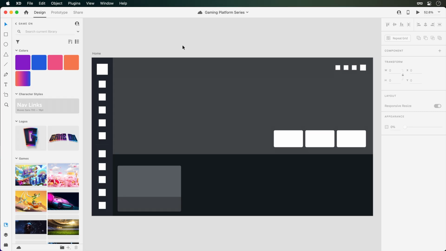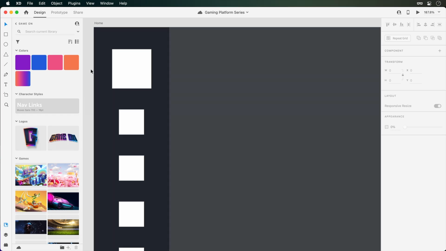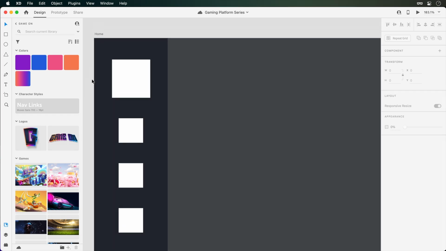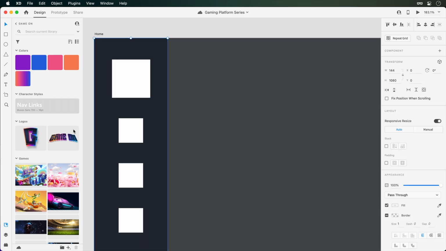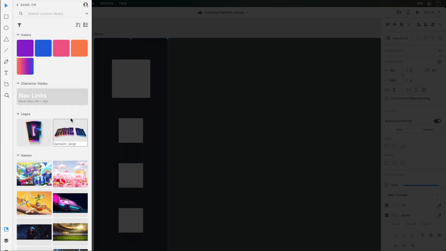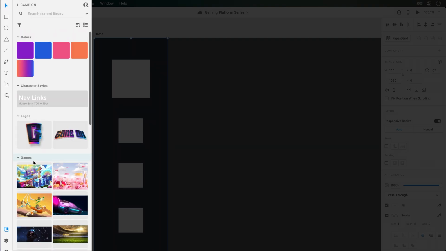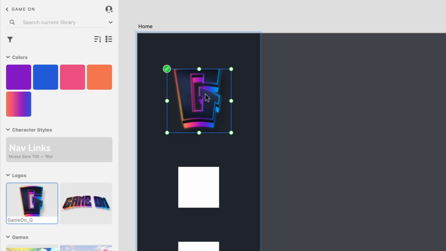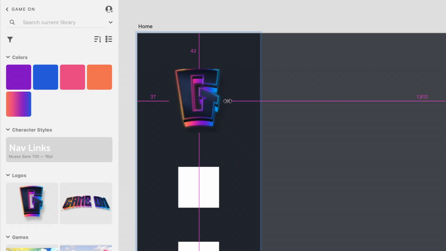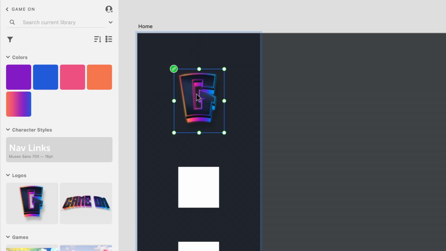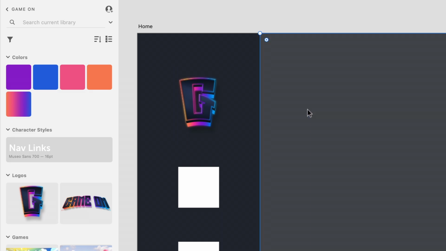And starting off our look into the navigation bar, let's begin by adding in some content. At the top of our navigation, we're going to display the platform's logo. Over in this Creative Cloud library, I have some images that I'll be using for this project. And whether yours are in a library like mine or in a folder on your computer, dragging one into a vector shape will mask it nicely in place. With that added, the size can be adjusted by either transforming the overall bounds or by double-clicking on the layer to scale and position the image within its mask.